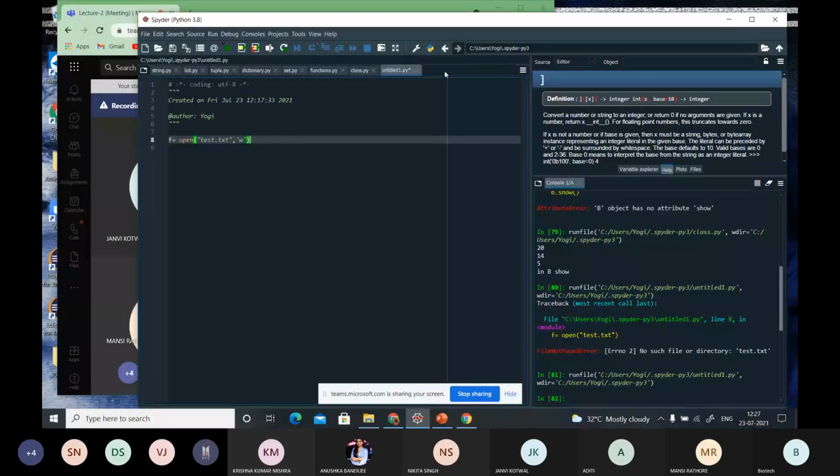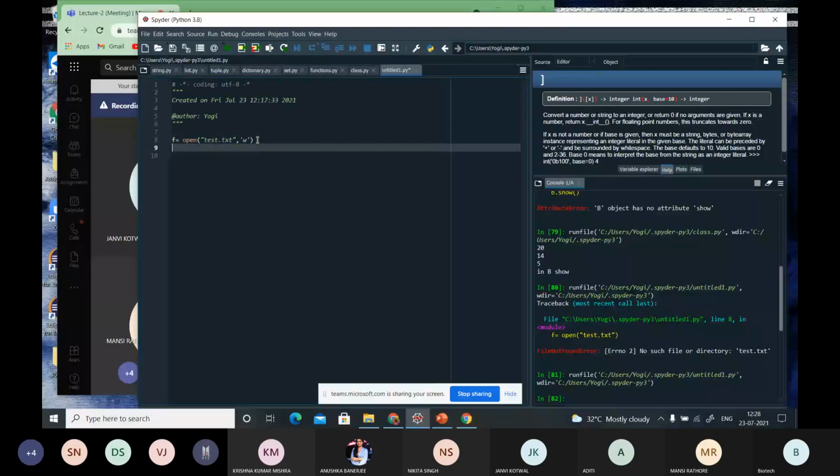So now if I want to perform something on this, suppose I want to write, f dot write, I can write with this function. I want to write "this is my file\n".